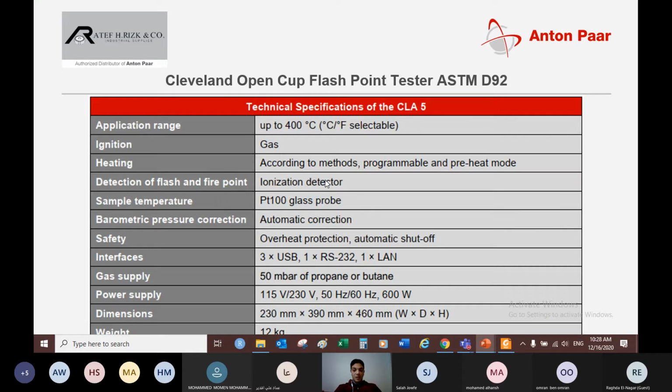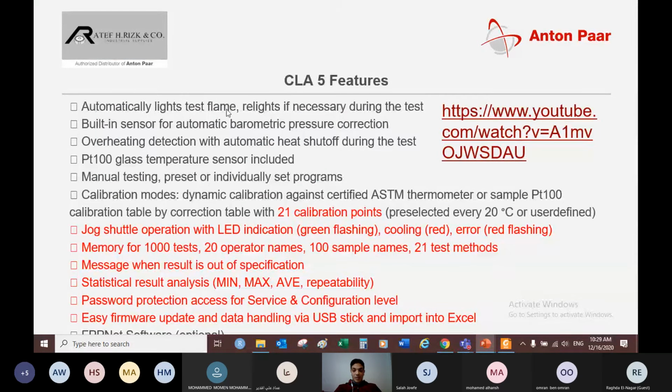These are the features and specifications of the Cleveland CLA5. We have automatic correction of the pressure, and all other specifications are the same except for the ignition, which is gas, and the detector is an ionization detector, not thermal. The features are the same as Apple and TAG, except it has more calibration points, 21 calibration points,